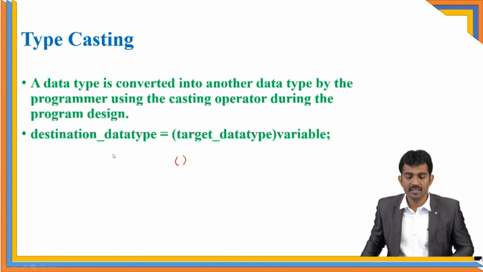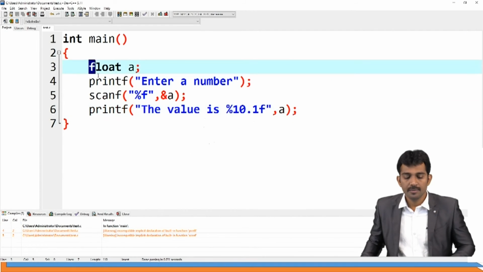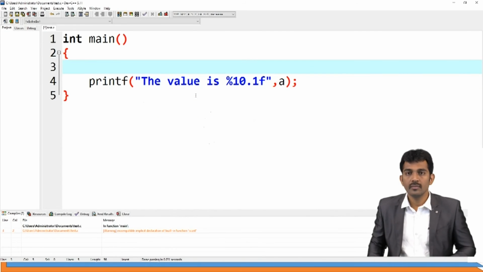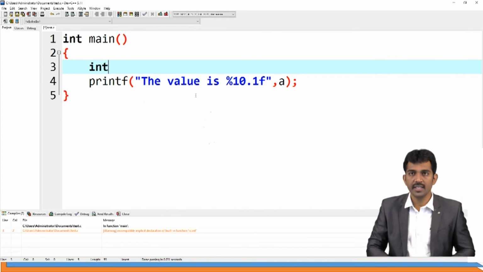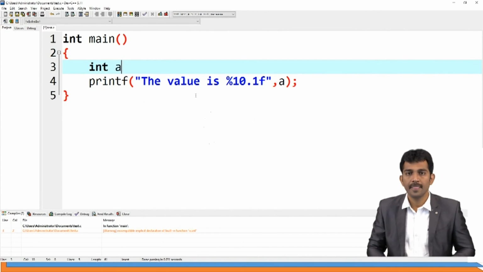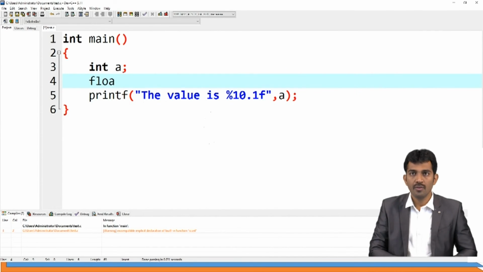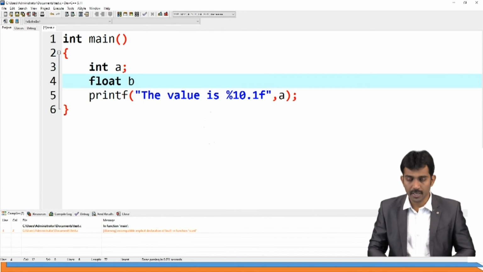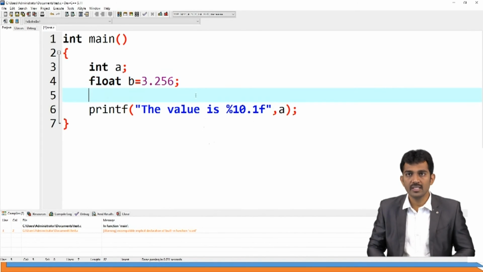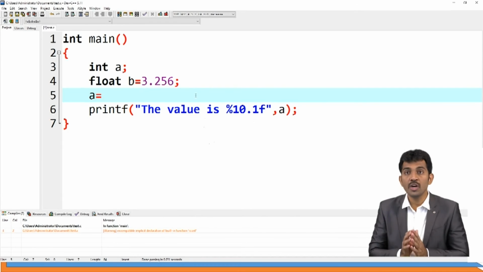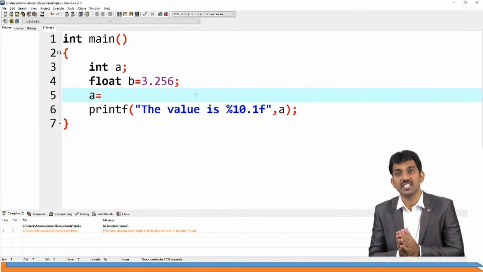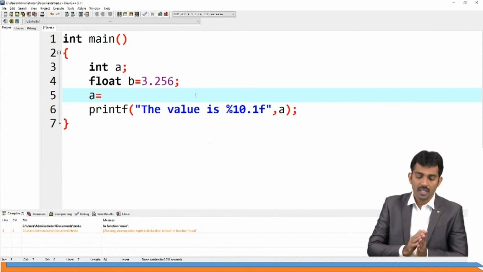I will show you an example. See, here int a, and float b equal to 3.256. For example, a equal to, now I want to cast b into a, right?